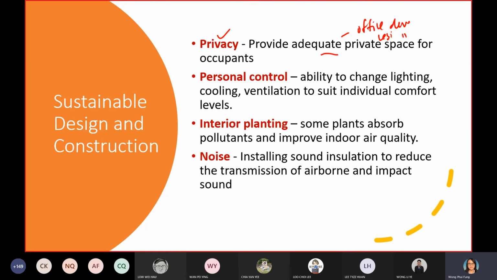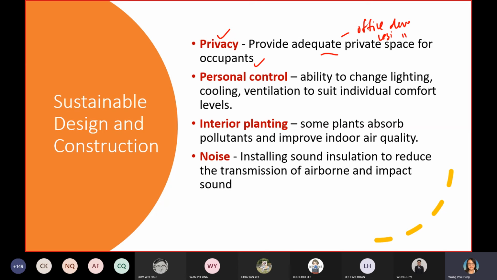And then if the office is open space, which means that you got a lot of colleagues beside you, they will start to talk. They will start to gossip among each other. Then that is actually one form of the disturbance, or they will create noise pollution. So when you start to have this kind of noise pollution, disturbance, you won't focus. You cannot focus on your work. Subsequently, it affects the work productivity. That's why privacy is very important.